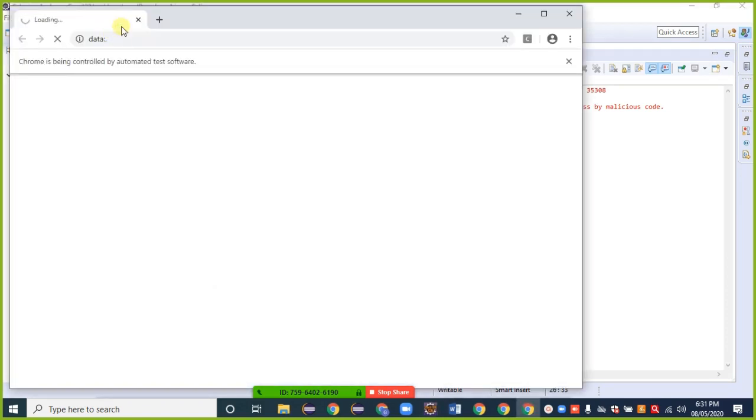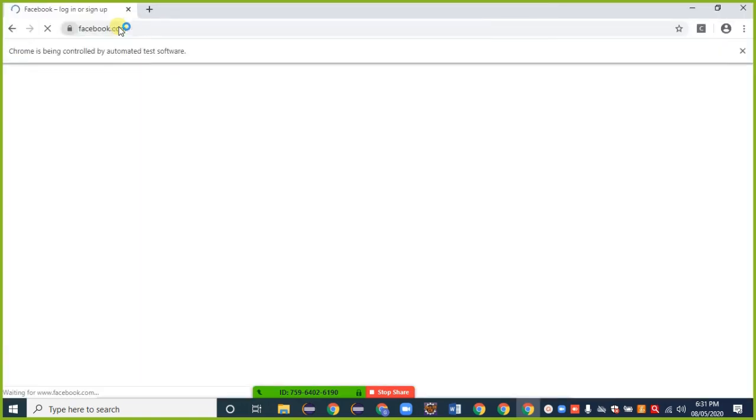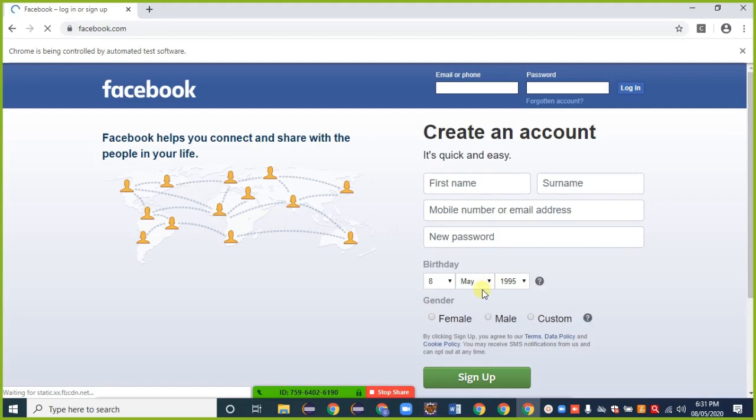Browser launch. Maximizing, opening URL Facebook. Here provided December.